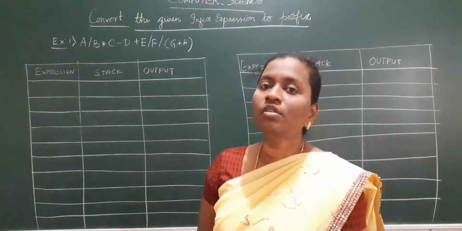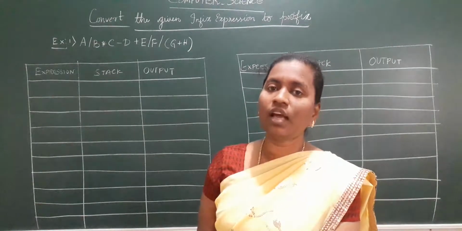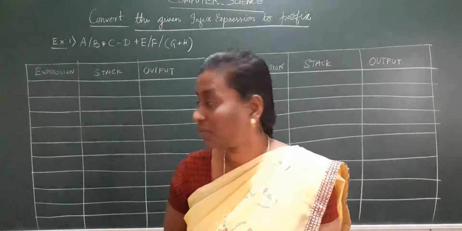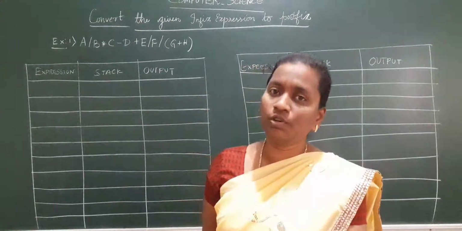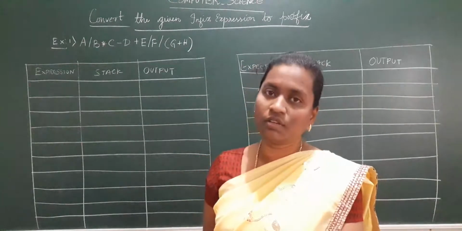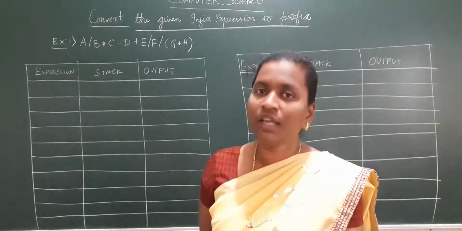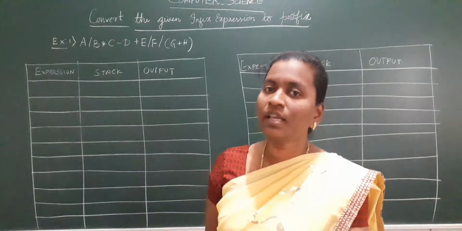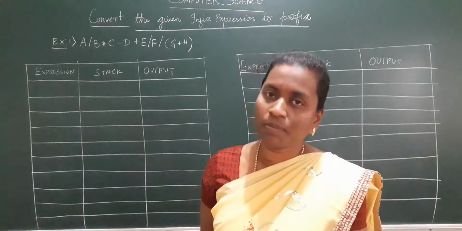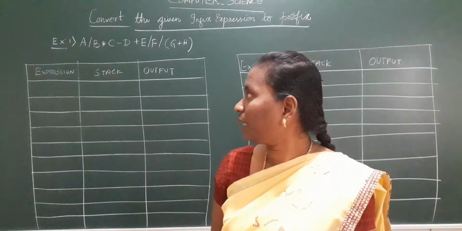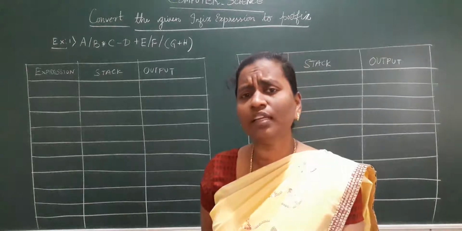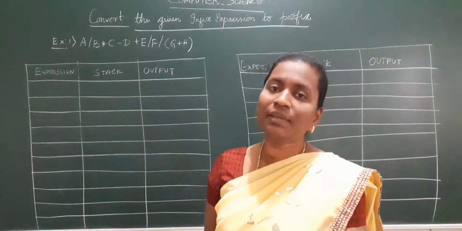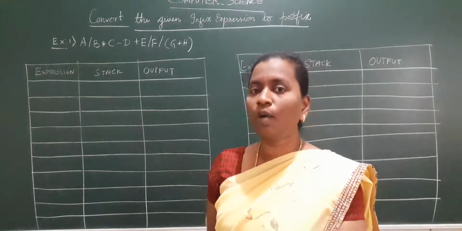So what are the rules? I will just brief the algorithm which I did last class. What is the rule for converting the given infix expression to postfix expression? When you encounter a literal, what to do? Here literals are nothing but your A, B, C, D, or a constant or a variable. These are called operands. I told you A, B, C, 1, 2, 3, all these things are called operands, and the arithmetic operators we call operators. When I encounter an operand like A, B, C, D, I have to directly put it into the output. When we encounter operators, we have to put them onto the stack. Even the brackets you need to put onto the stack. How to pop out, I told the rules.